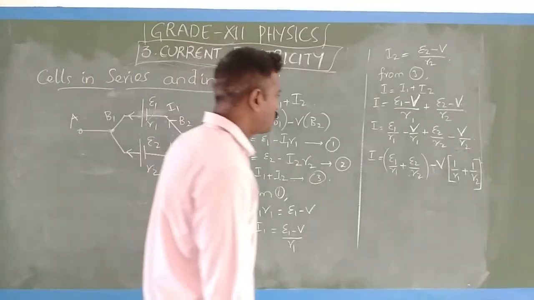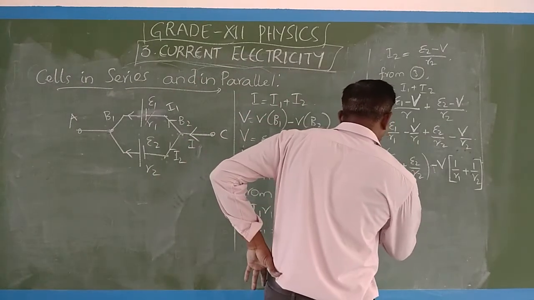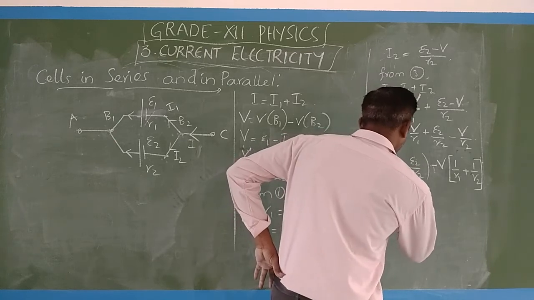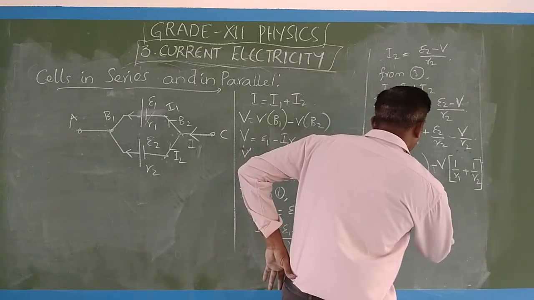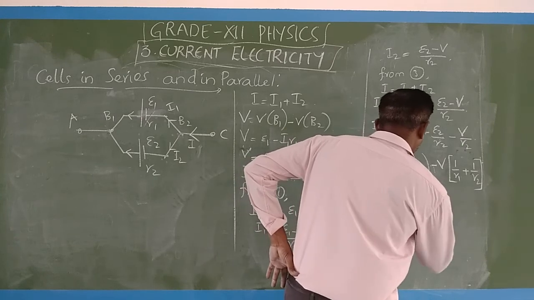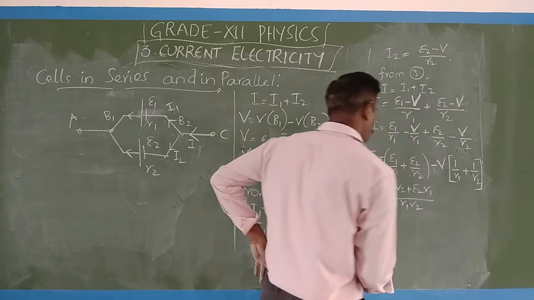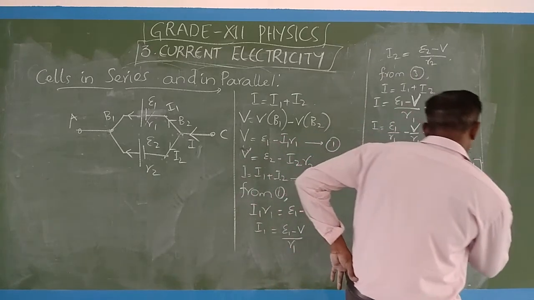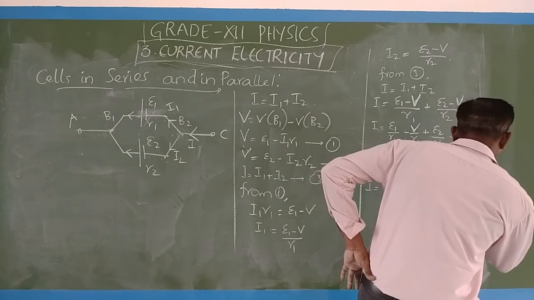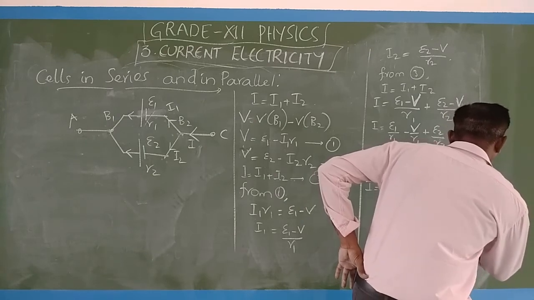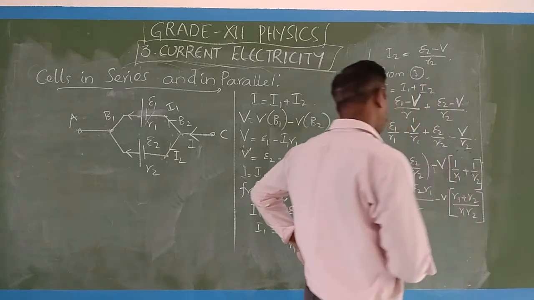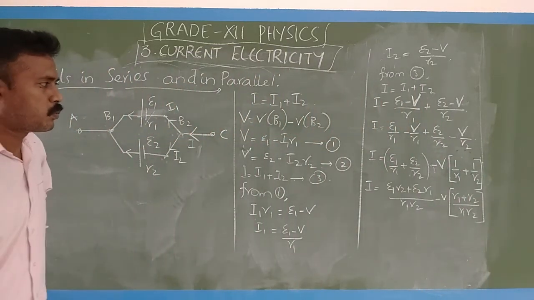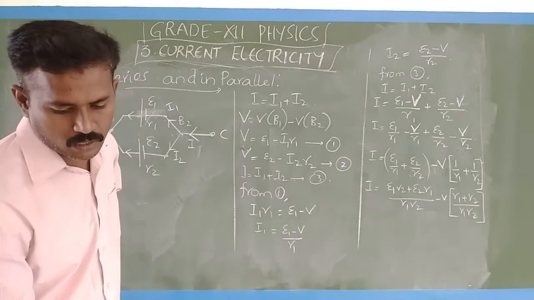Have you copied? Now, this is I equal to E1 R2 plus E2 R1 by R1 R2 minus V into R1 plus R2 by R1 R2. So both the terms here that are common are